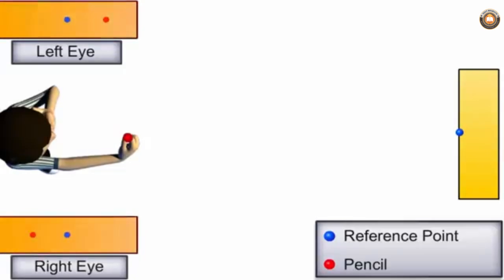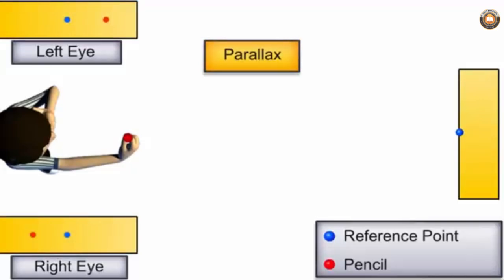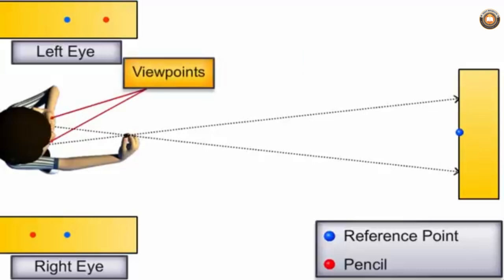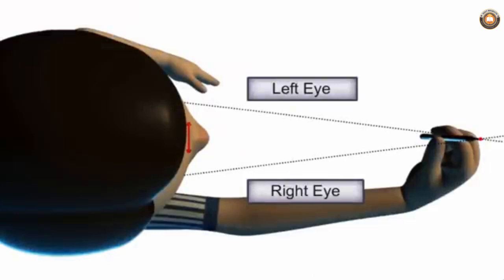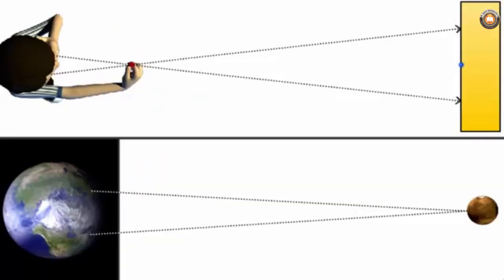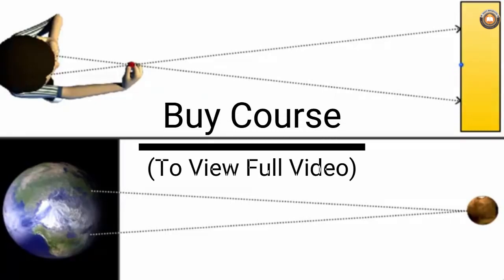This is called parallax. You may call the two eyes two different viewpoints, since when used separately, they create different lines of sight. Distance between these two viewpoints or points of observation is called basis. Here, the basis is equal to the distance between two eyes. We use exactly the same method to measure the distance of a distant planet. Instead of two eyes,